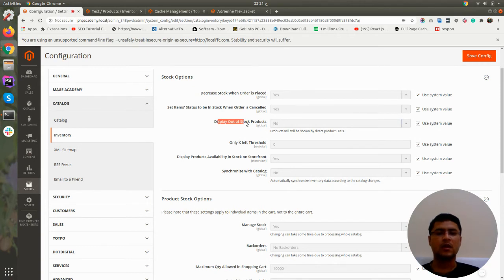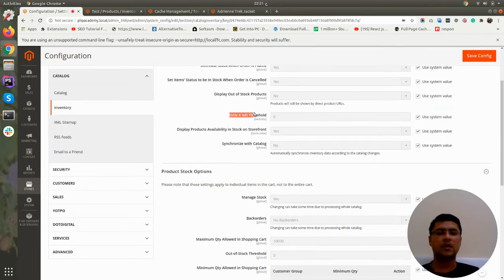Here you can set whether you want to display out of stock products on the front end or not. If you want to display a message like only X left, meaning only 5 quantities left, some websites show like only 2 left, only 1 left.